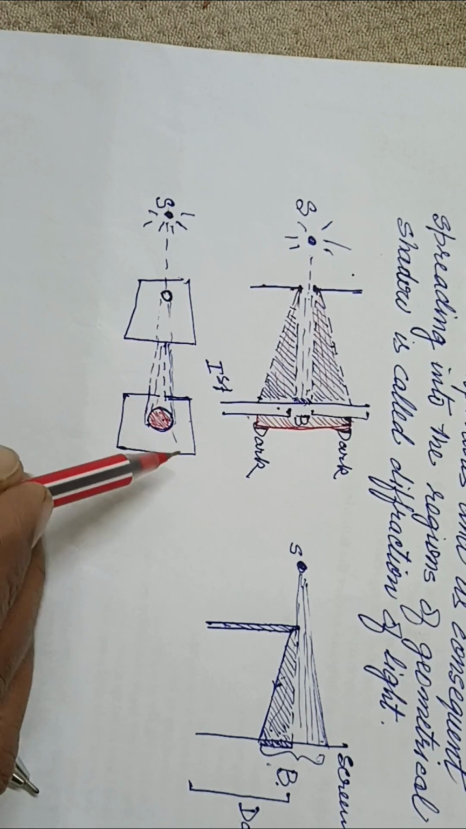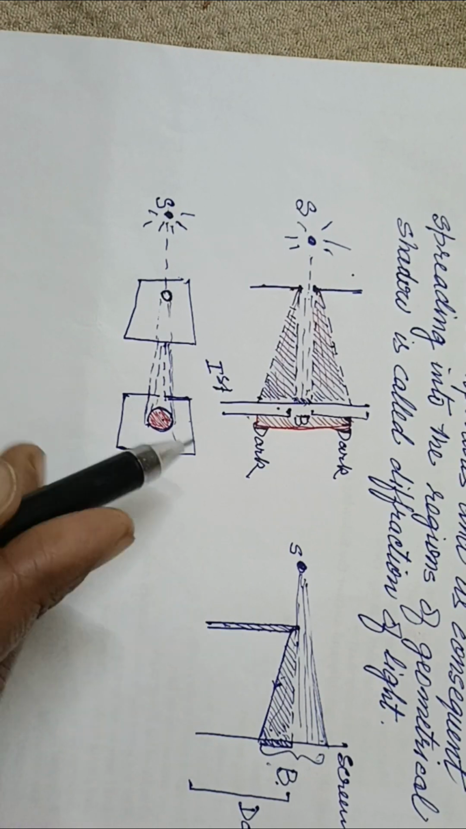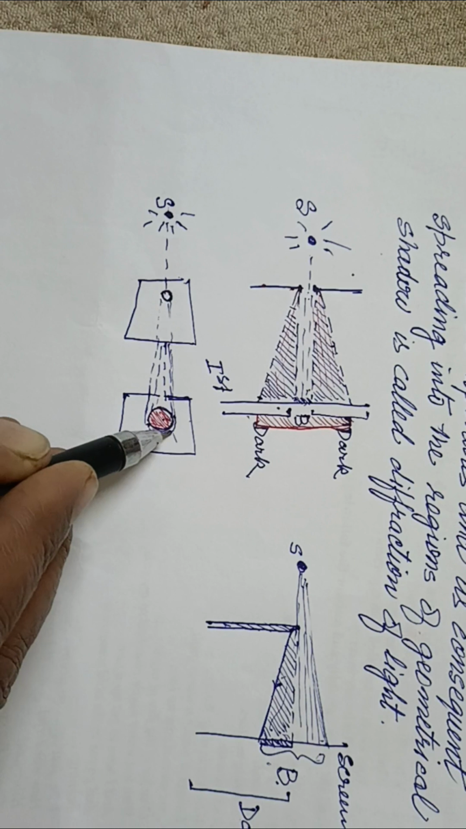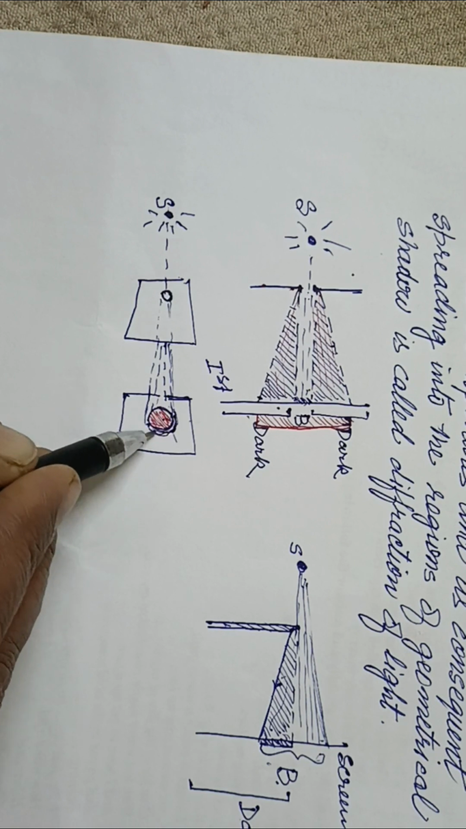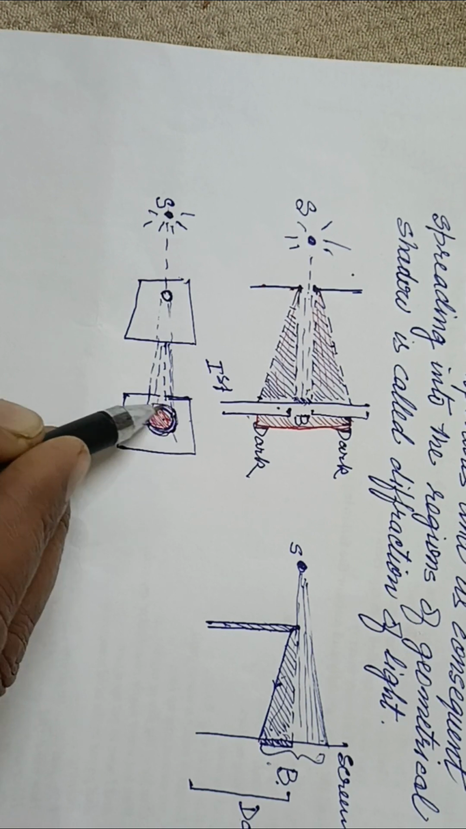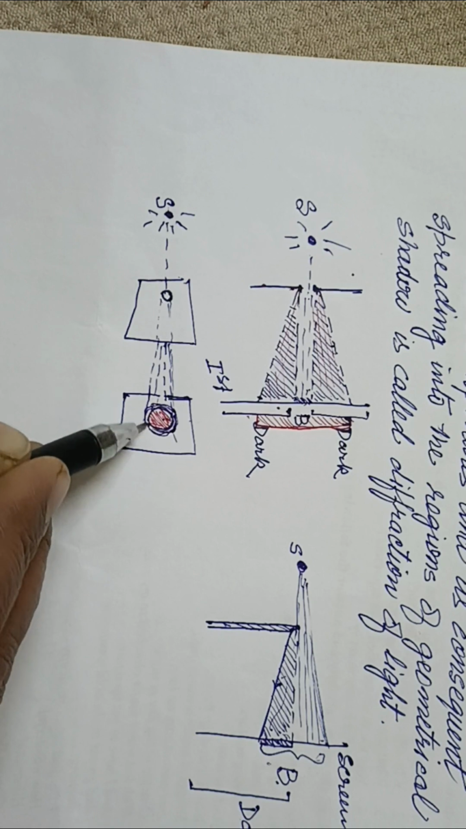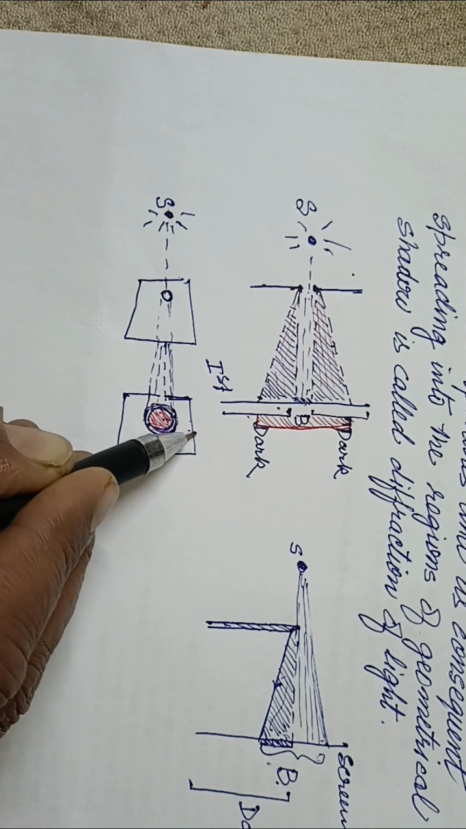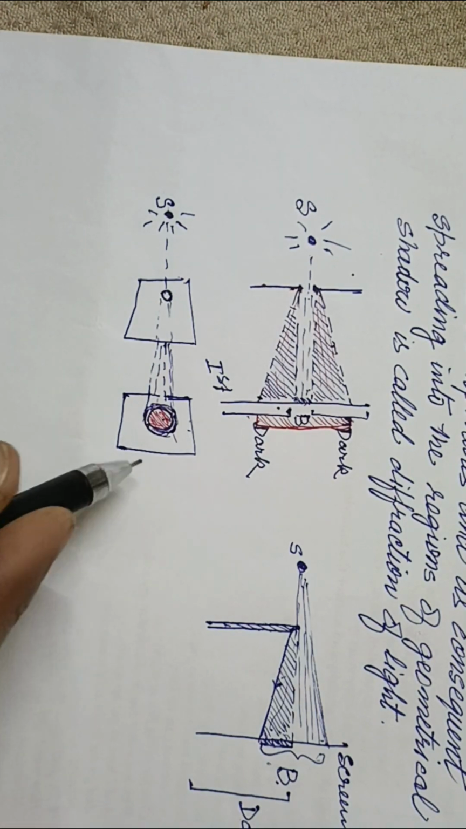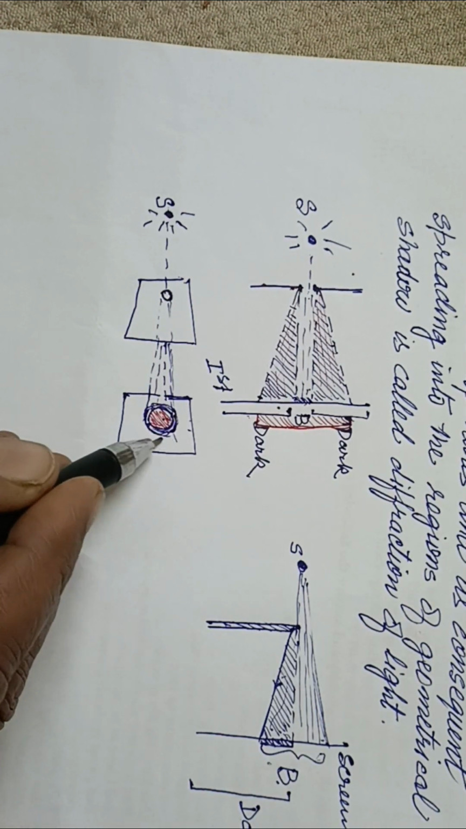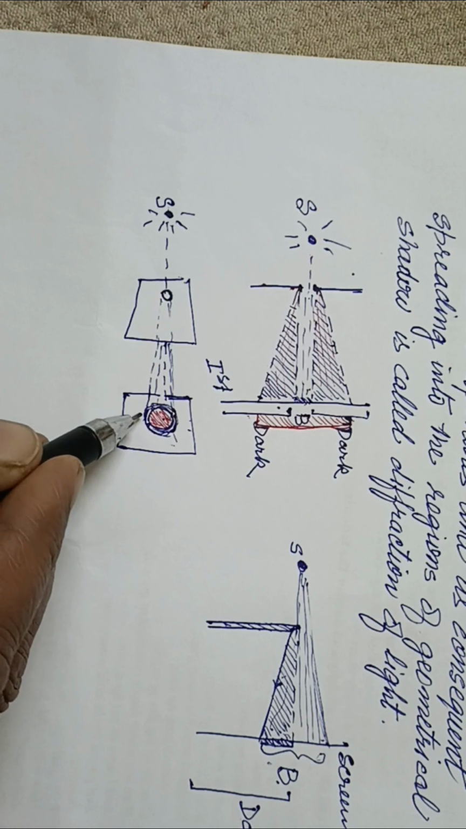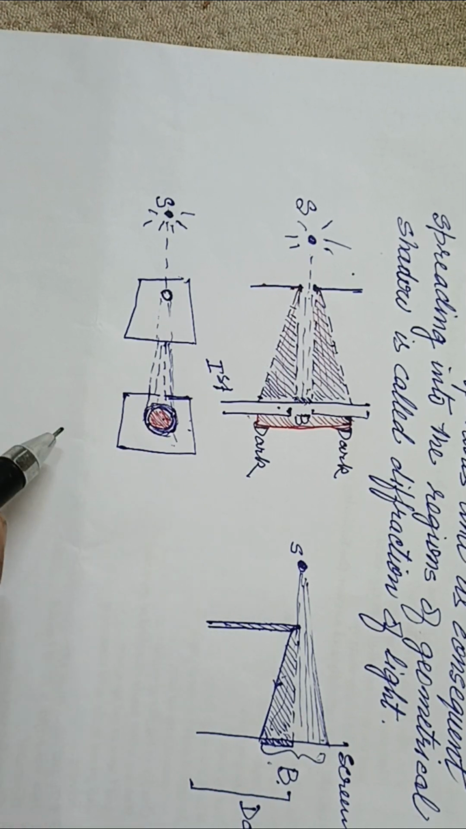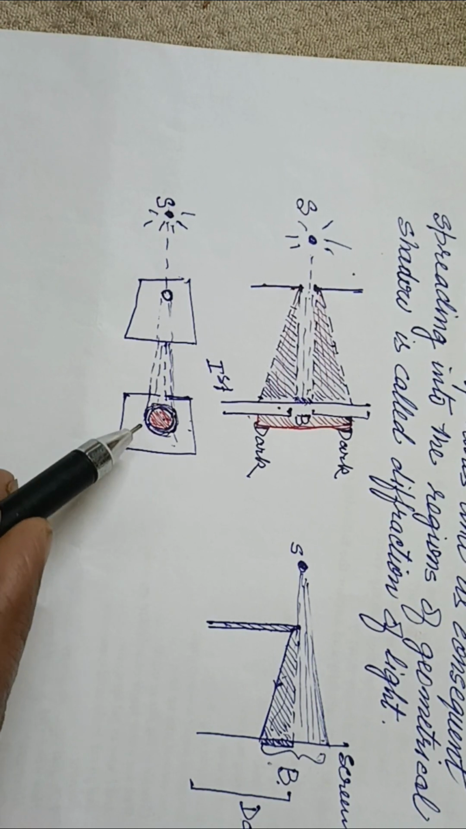So this phenomenon, and then you will get a little bit darker, not exactly very dark, but slightly it will diminish, and then gradually you will get a darker portion. But then you are not getting exactly, after the bright, the dark portion